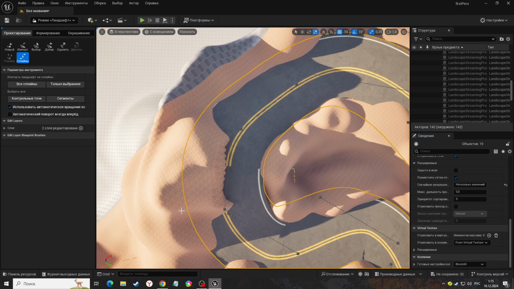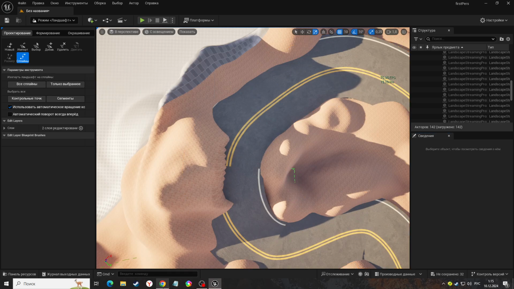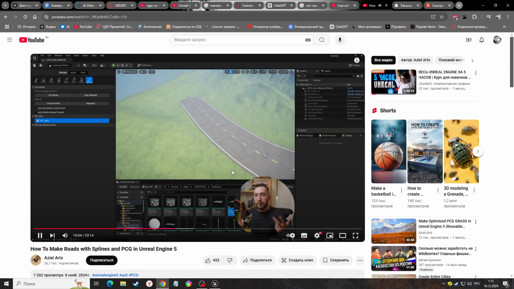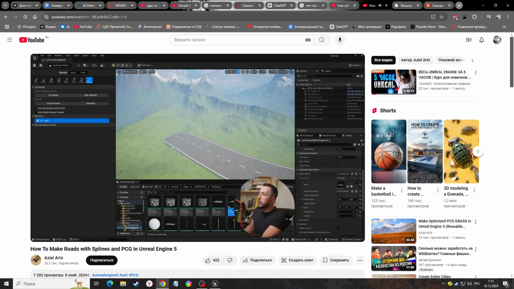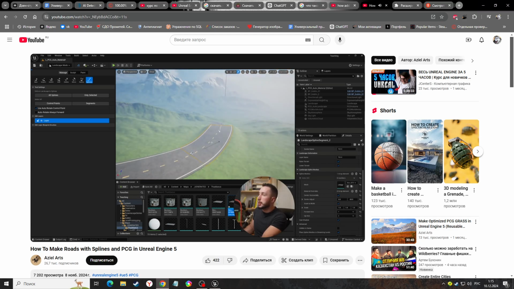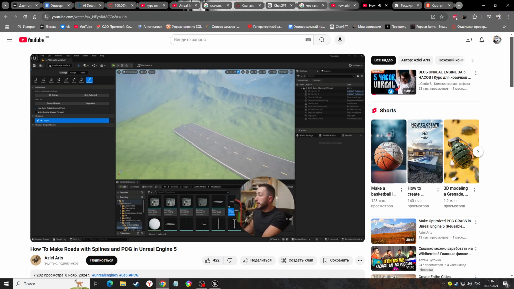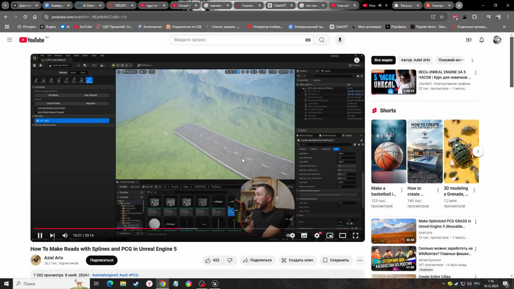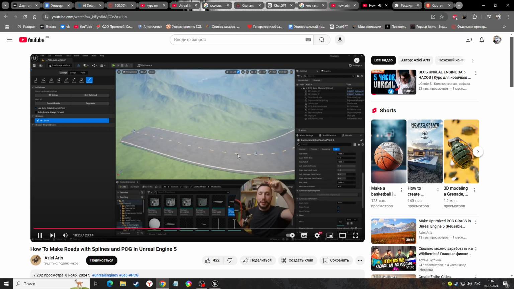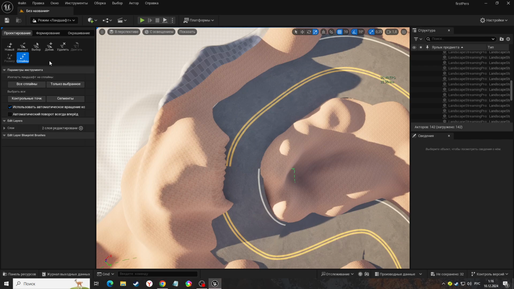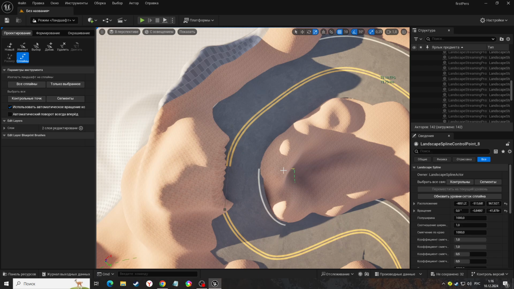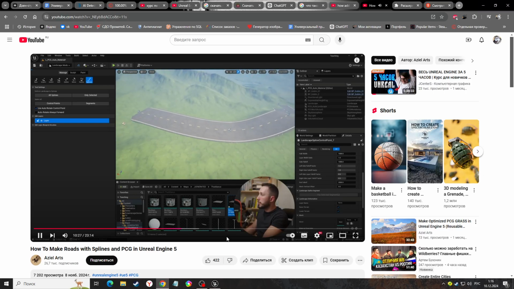And so as long as we're far enough away from the point so that it knows it's not the same spline, we can go ahead and make a new spline. And we want to make sure that this existing spline is not selected. So sometimes I like to switch onto another tool here and back, and then I can come over and hold down control and make a new spline point. Otherwise, sometimes it thinks it's part of the same spline and will loop it back around. Let's go ahead and draw some splines along